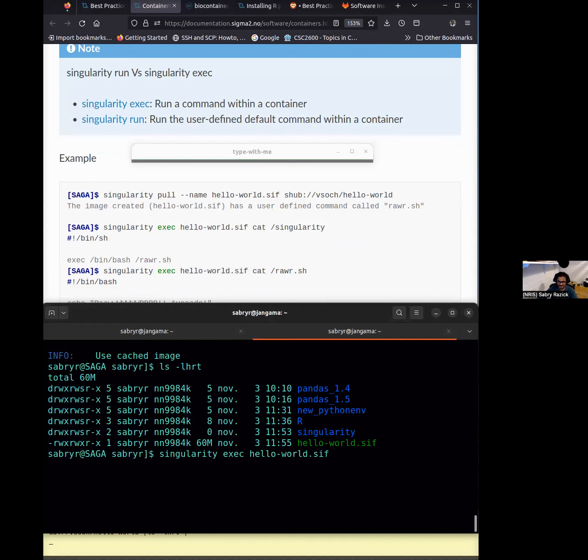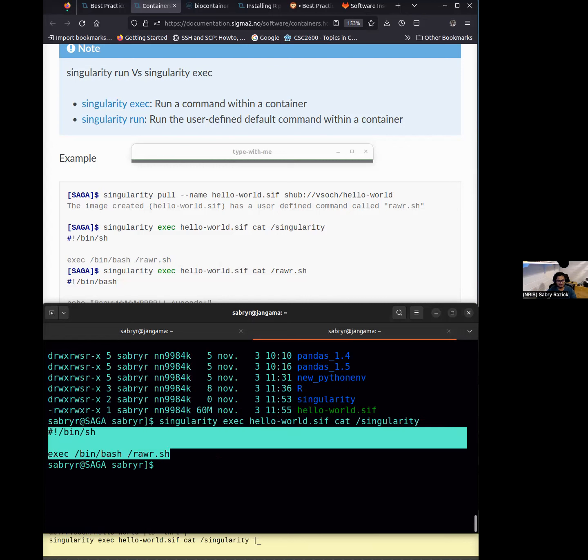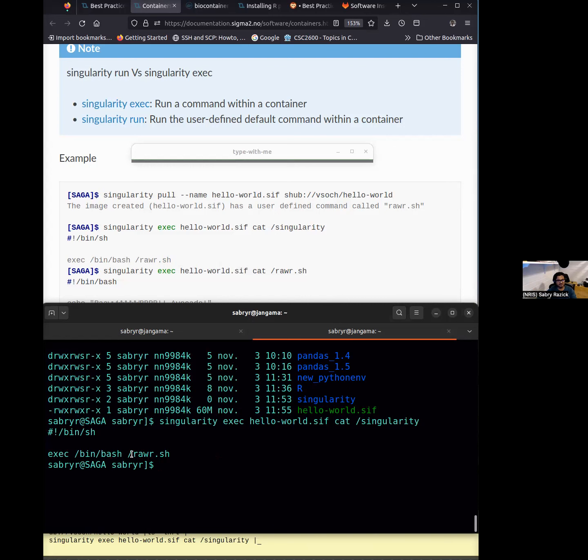So you have this one, and then I know that there's a file called singularity inside this. So singularity, Tab, so auto completion probably doesn't work if it's inside the container. Good point. So this file is inside the container. So I'm going to ask that, and it prints. So there's a file. Yes, it's an executable, and it executes another file. So it points to another file.